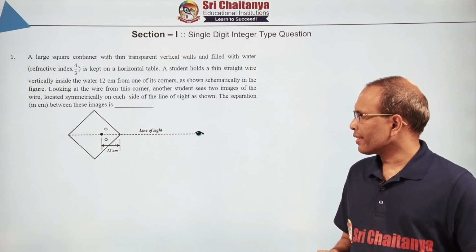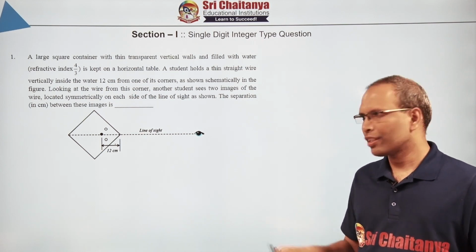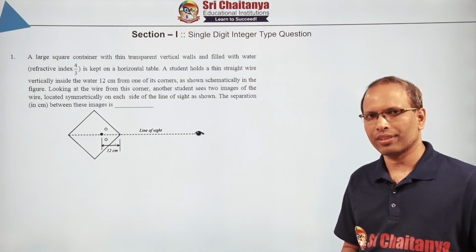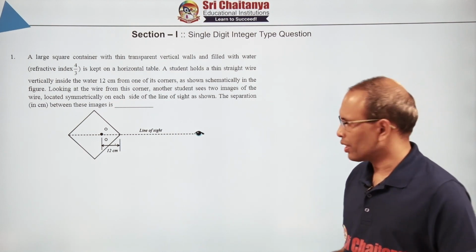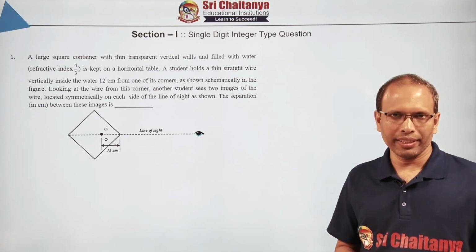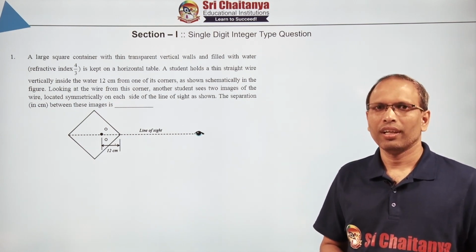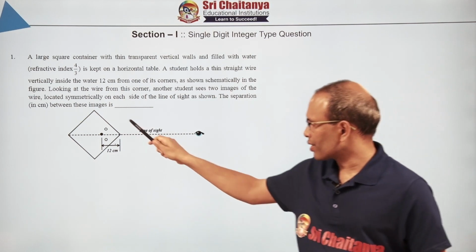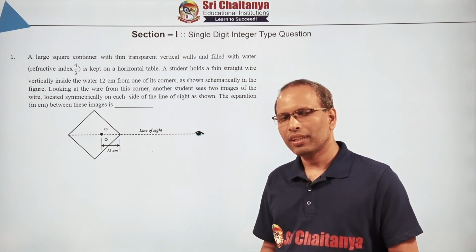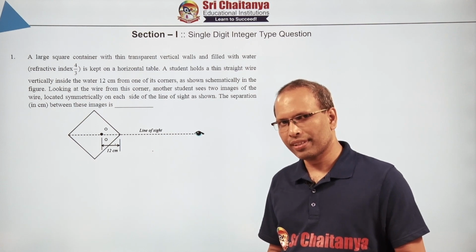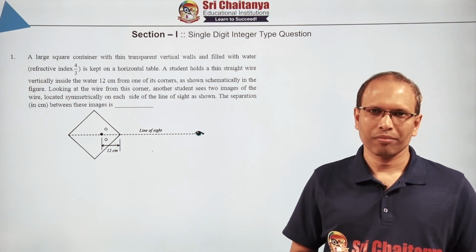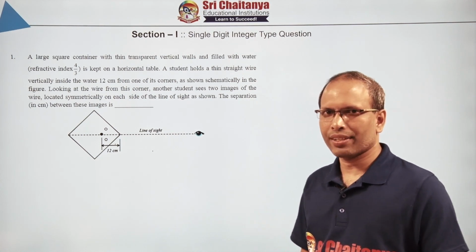So he is asking that when there is an observer at this position, he will be observing two images. We want to find out the distance between the two images. If you look at the diagram given in the question itself, the two images are placed symmetrically with respect to the line of sight. This means there are two images, due to refraction at the first surface and due to refraction at the second surface. So we have to see the two images formed due to the refraction of the two surfaces and the distance between them. Due to refraction we know how to calculate image distance, so let us use that formula and calculate this.